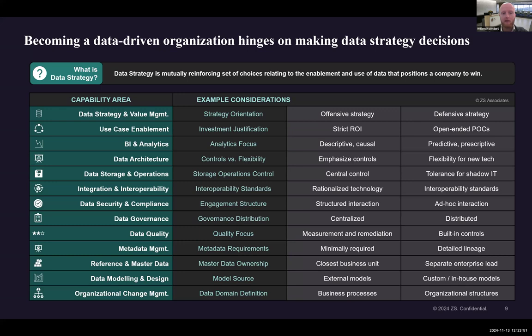What's your operating model around driving use cases? Maybe business BI and analytics. There may be a focus on descriptive analytics that helps to establish certain causal connections, versus you focus more on the predictive or the prescriptive AI. Sometimes that's a bit of a maturity curve where you have to first be able to do one before you go to the other, but it tends to be true that you can't fully focus on all of them at the same time.